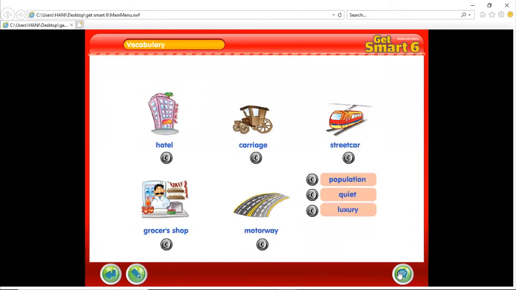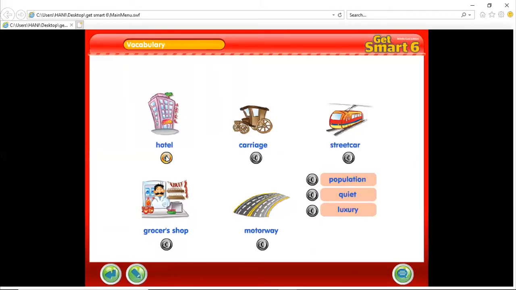Again, in this lesson we are making a comparison between life in the past and life at present time. From these pictures or from these new vocabs, you can think how life was in the past and how we compare life in the past with life nowadays. Let's listen to these vocabulary, new words. I think they will be easy for you, inshallah.